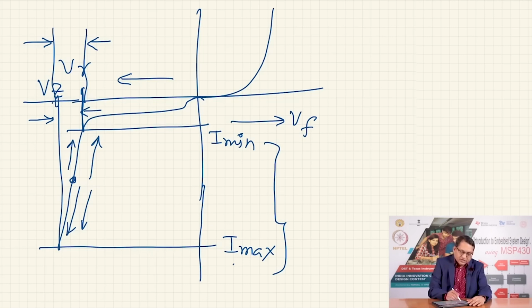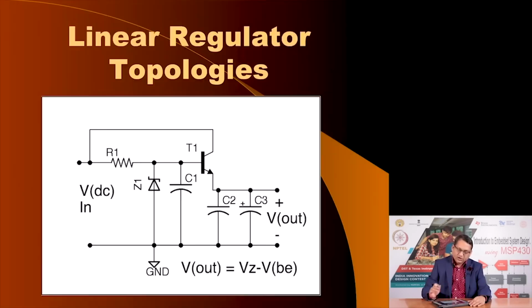Now, we would like to reduce this variation, which would lead to a bad specification, a bad voltage regulation feature of this power supply. And so we use an alternative mechanism. We use this Zener diode together with what we call a series pass transistor, in this case an emitter follower. Now, because the transistor has a current gain of beta,